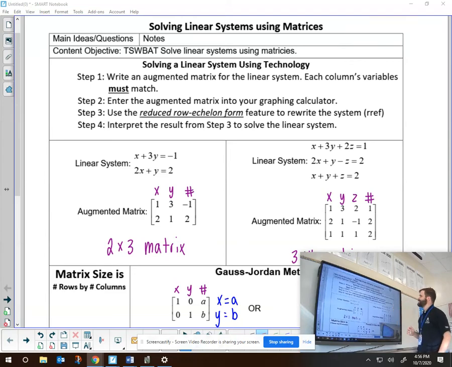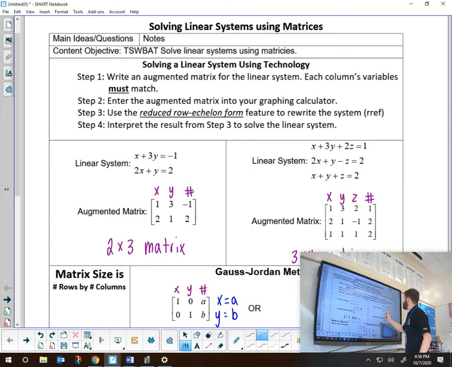Hey guys, today we are diving back into some linear equations, but today I'm going to be showing you how to solve these linear systems of equations with a calculator. I'm going to be showing you the technical way to say it: solving linear systems using matrices. Now, a matrix is simply the way we communicate with our calculator about these systems of equations, and so